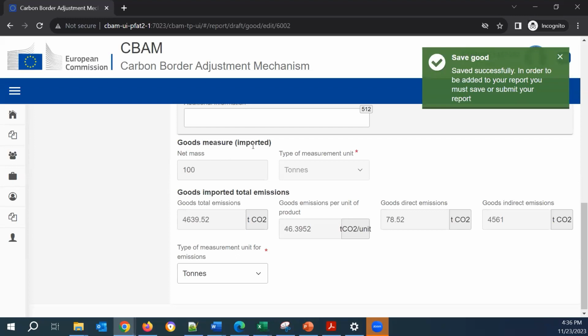I have one emission entry, so all my tons come from the specific country of production, Japan, for my Portland cement. So basically, it took the 100 tons and pre-filled it here, along with the type of the measurement unit. The goods imported total emissions are also filled in.